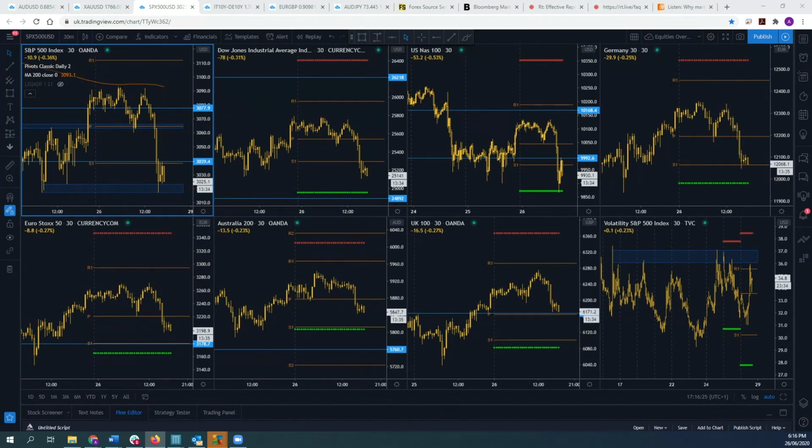Oftentimes you'll see that traders make a really big fuss about which trading strategy is the very best between fundamental analysis and technical analysis, and they often give many reasons for why the one is better than the other. But the real truth is that neither of these two methods is better than the other. Both of them work when they are applied correctly, or for the purpose for which they were intended. And we can break it down into three super easy and simple steps.